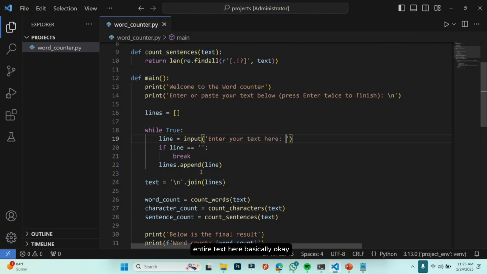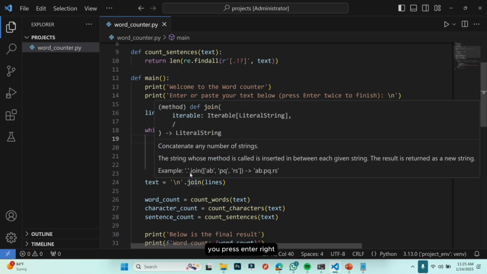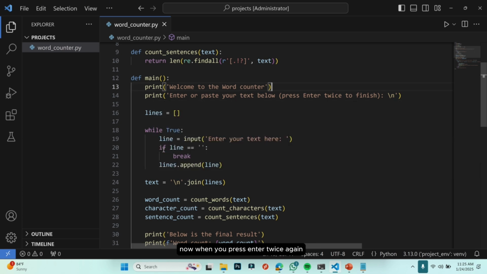Enter your text here basically. Okay, so the user would enter his or her text in this box here. And here we say if line is equal to an empty string, we want to break. So when you enter the text, which is here, you press enter. Now when you press enter twice again, that will set the line to an empty string, and then that will